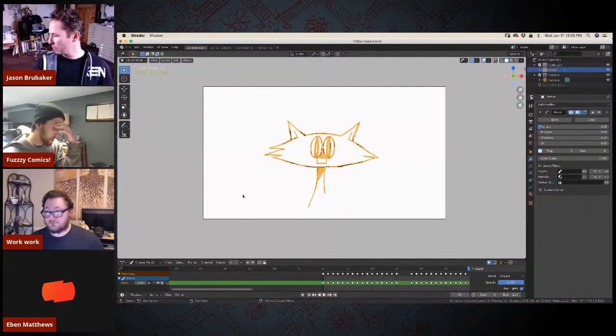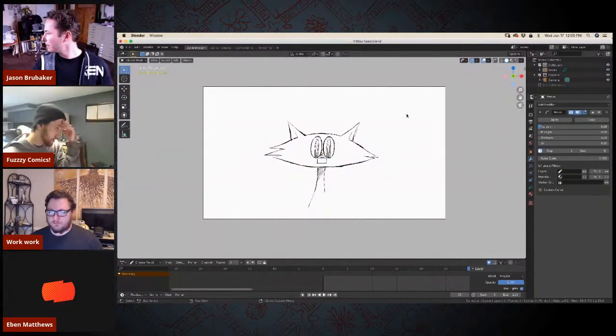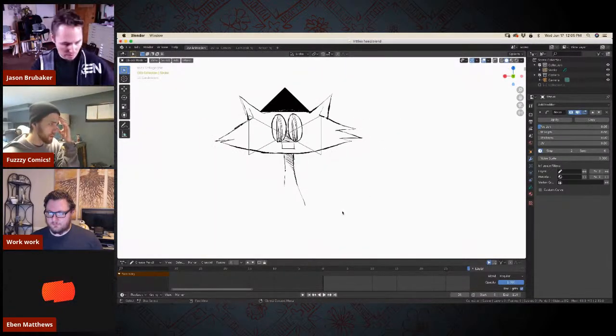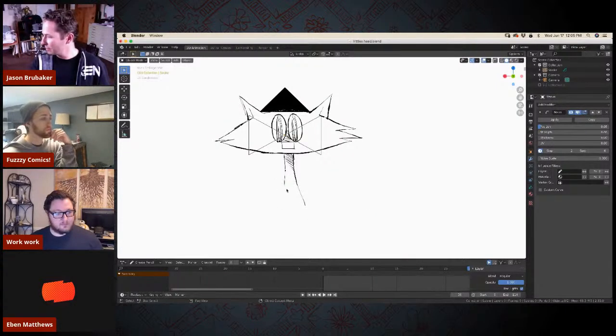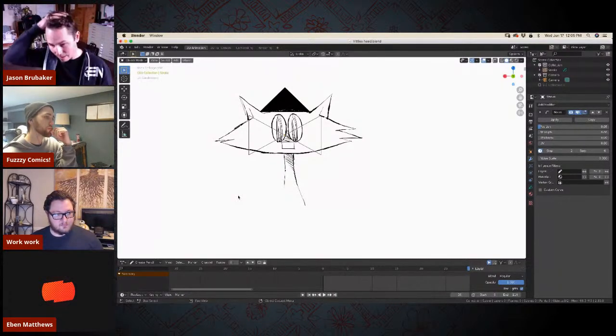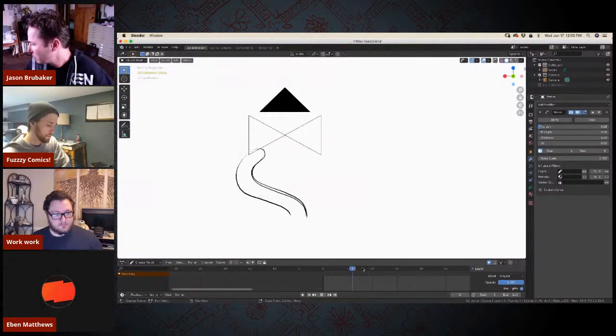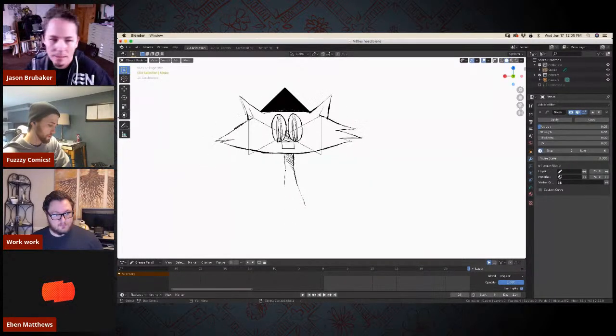But this is all in 3D space. I don't know any of the hotkeys, but this is just floating in 3D, and so you can animate on any surface. You can animate on a ball. You can animate from any angle, so you can have full 3D animated drawings if you want to do that kind of work. But anyway, it's really good. I'm super pleased with it.